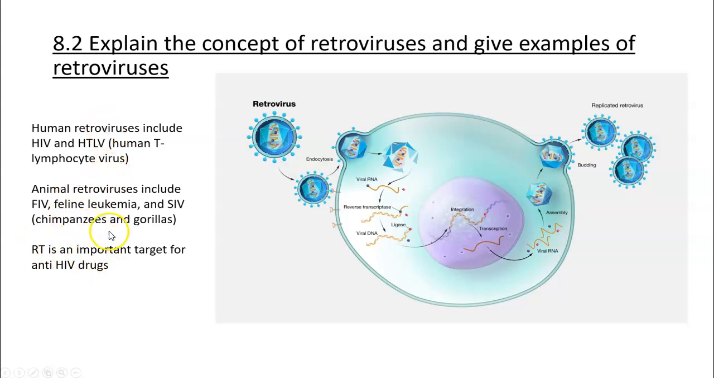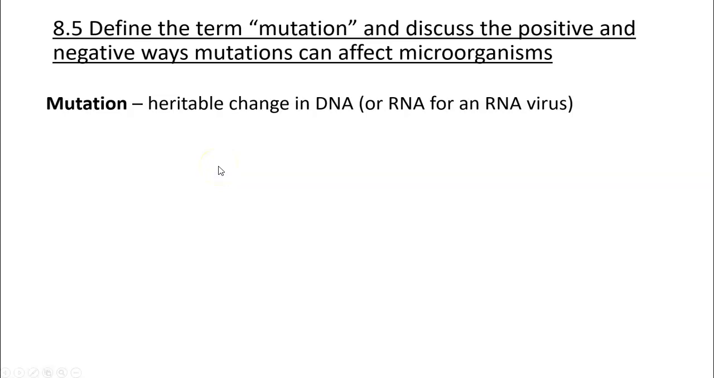And I just put the example of some of the other retroviruses we know about. There's a cat disease called FIV, feline leukemia, and SIV in chimps and gorillas. All of these are retroviruses, including HIV. And there's another one called human T lymphocyte virus, which isn't as common as HIV. But there's not a lot of retroviral diseases that we worry a lot about, but HIV, obviously in humans, is the big one. I think I'm going to stop right